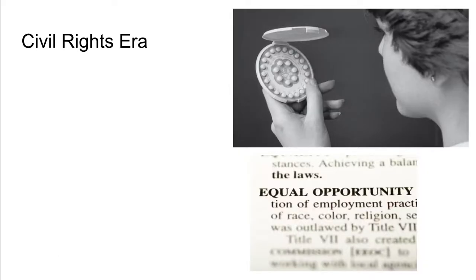Following this, we get into our civil rights era, which is the 1950s, 1960s. Previously to this time, we know from some of our other units that we have seen the civil rights era play a role. We saw it when we were talking about our racism unit, maybe into our religion unit. There were big changes, movements happening legally. And so women were also getting in on these big moments of change and increasing civil rights.